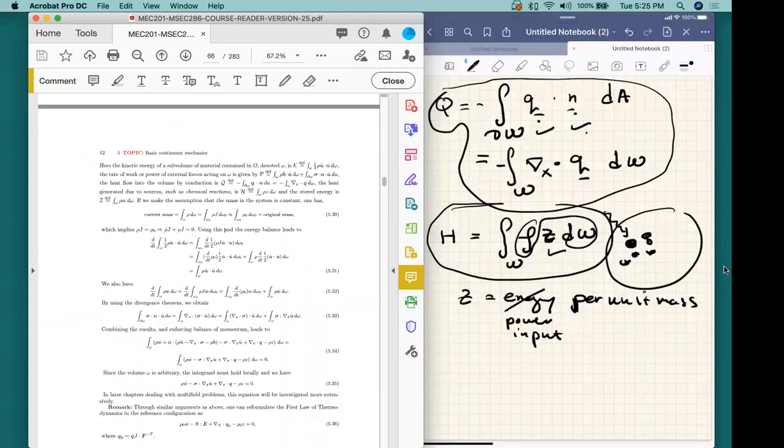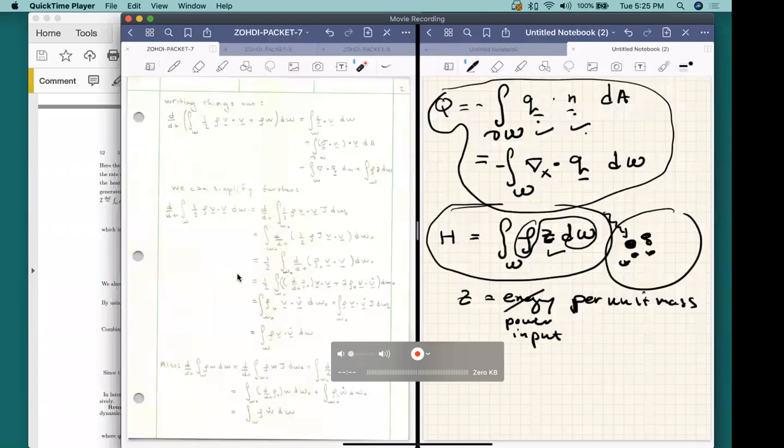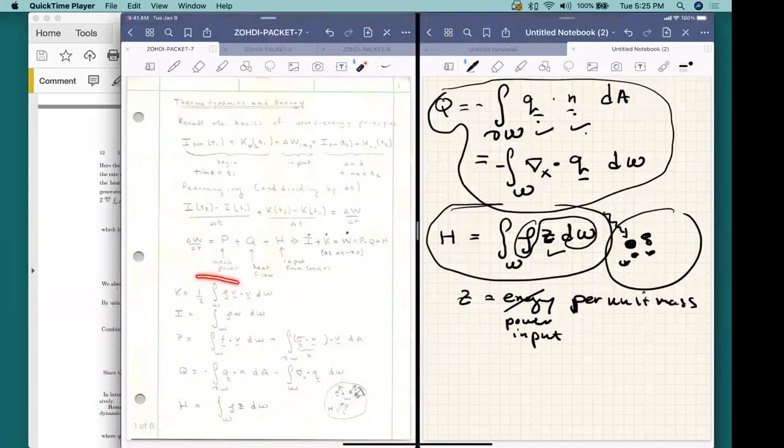So keep in mind, when we look at the things we had on the previous page, we derived the integrals here: integral, integral, integral, integral, integral. But unfortunately, we have to take the time derivatives of those integrals. So what that means is I need to come back now and take a d/dt of all of this stuff, a d/dt of many of these other terms, which means I need to use the tricks of converting integrals into reference configurations and time invariant configurations, because my volume that I'm integrating over is actually a volume as a function